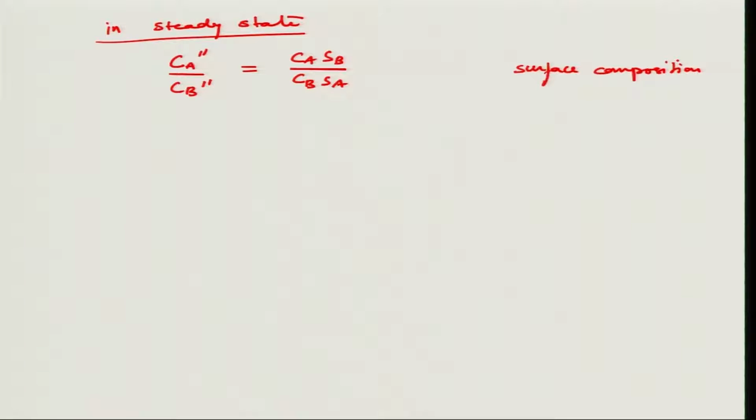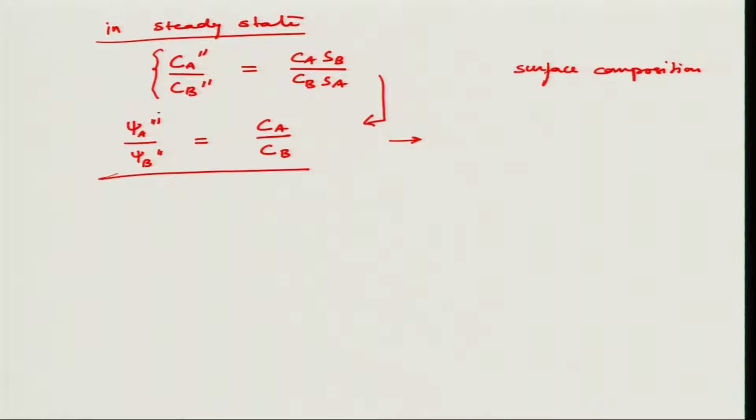A steady state will be reached where my surface composition will become this, and then if I calculate the flux from this surface composition, I will get psi A double dash over psi B double dash equal to Ca over Cb. Now, this is the flux ratio of material in the vapor phase, so this is the composition deposited as thin film,